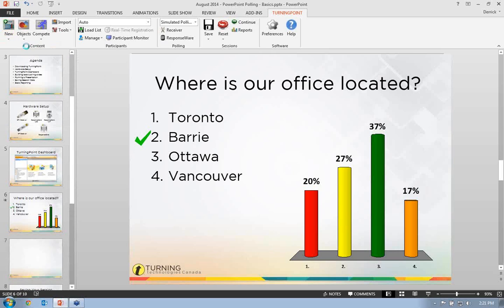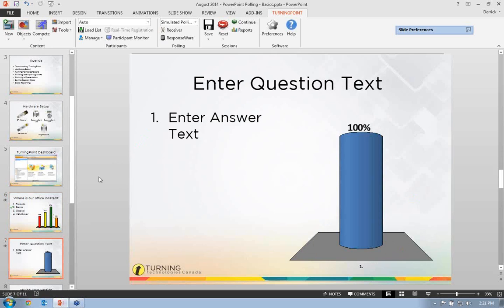So what I'm going to do is create a multiple choice question here. And you're going to see that what TurningPoint is actually going to do, once my system decides to go, is build a template directly into my presentation for me. And all I have to do is fill in the blanks. Now you'll notice that TurningPoint automatically picked up my presentation template, my footer image, my background, and stuff like that. So if you have a branded presentation template that your organization uses, TurningPoint will work with it. Just so that you all know,